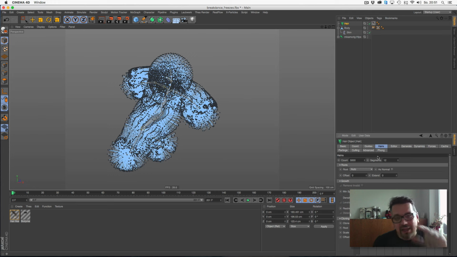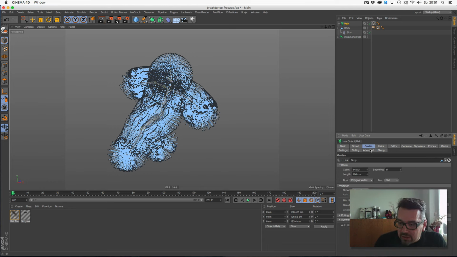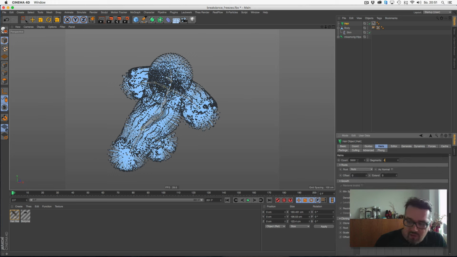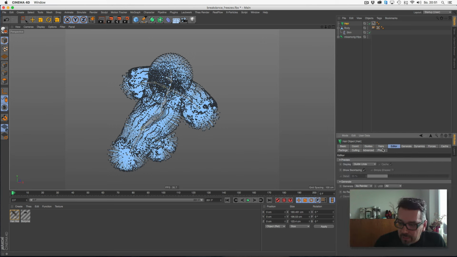In this case, every hair is divided in 12 little steps, and that makes the hair much more flexible. But in my case, I'd like to set them to just 4 steps. Now the whole hair is divided in 4 steps, and that makes it more stiff.